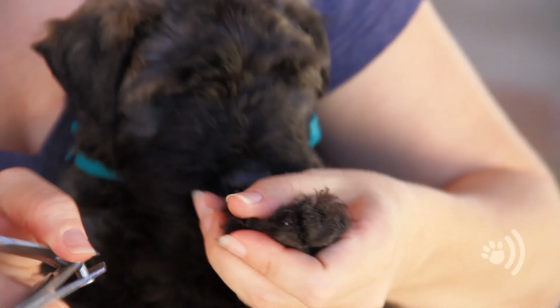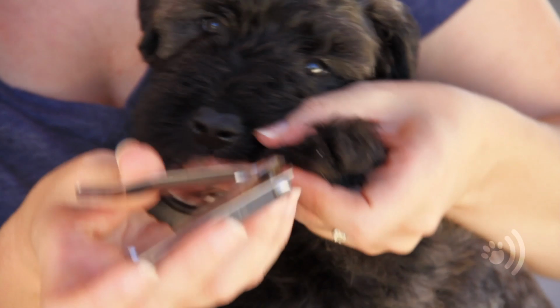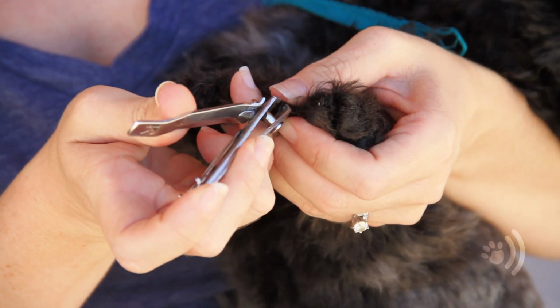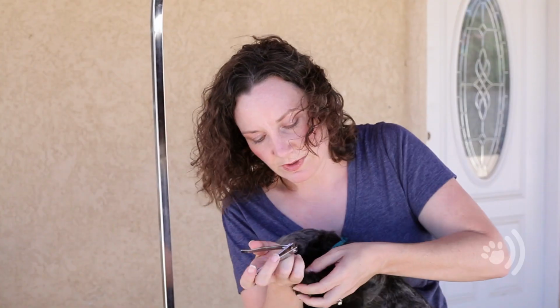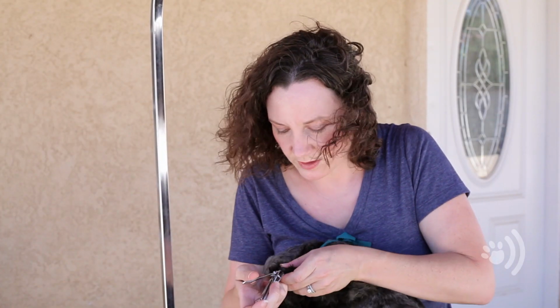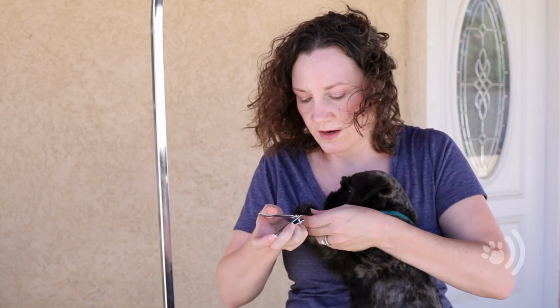And she's got a lot of hair around her pads, so I need to trim them off, but they're just a couple little hooks. And I'm just going to take it and I'm going to go snip. And just take the hooks off of their nails. You don't need to worry too much about getting too close in. You don't want to take the whole nail off, but you take the hooks off, and just like we explained with the big dogs,